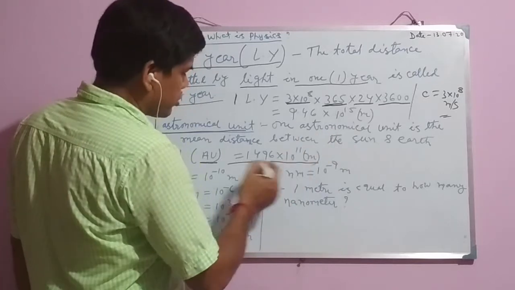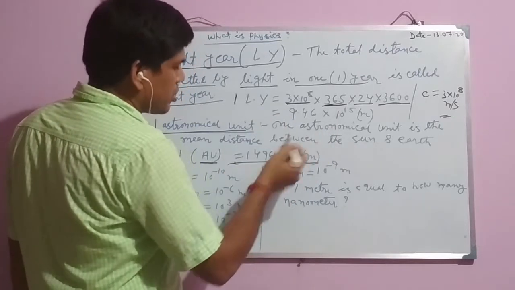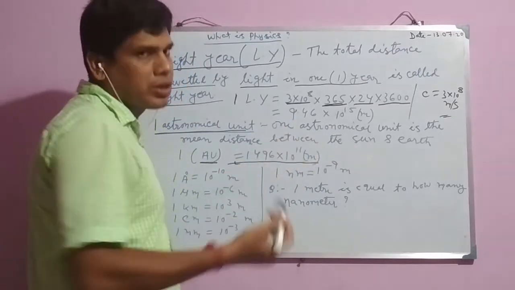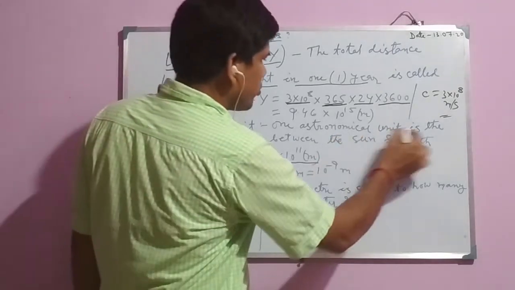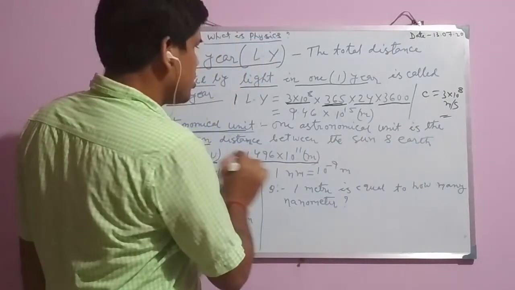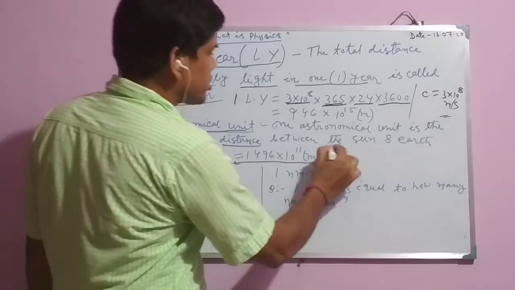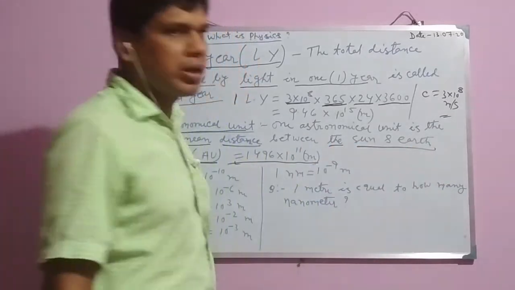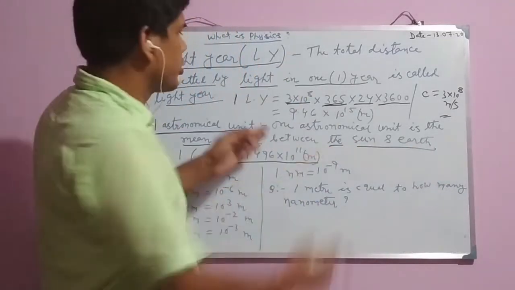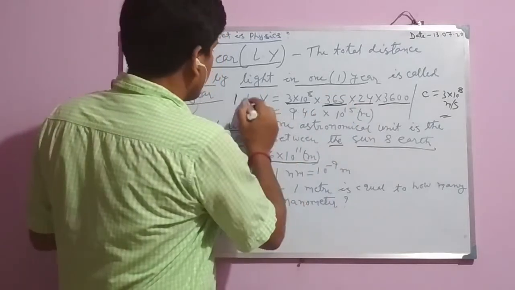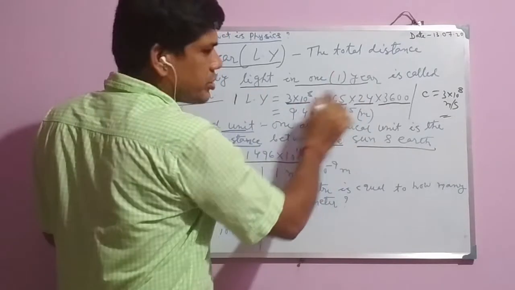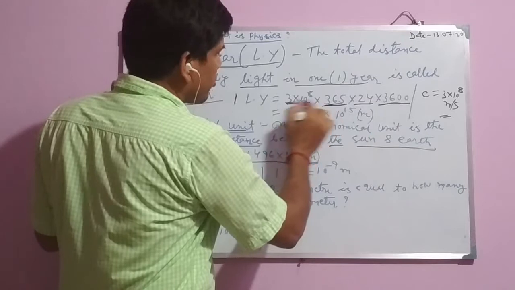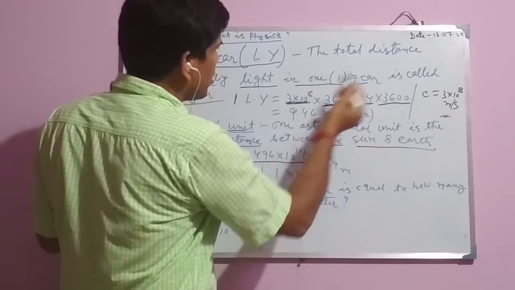So if it is possible, you can memorize. The definition you can easily memorize: it is the mean distance between the Sun and Earth. Don't memorize this value. For light year, you memorize only this definition, then you can use this formula, as you know,